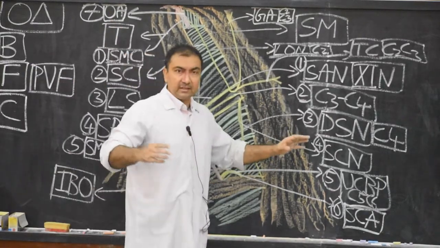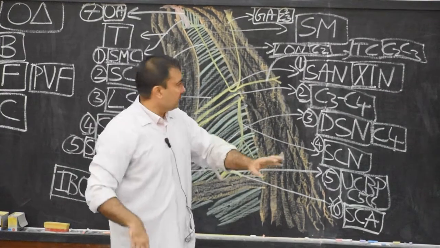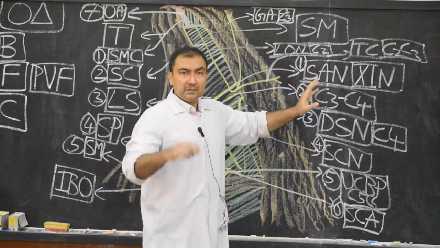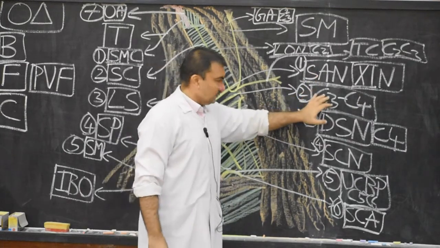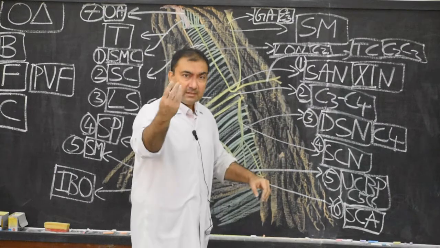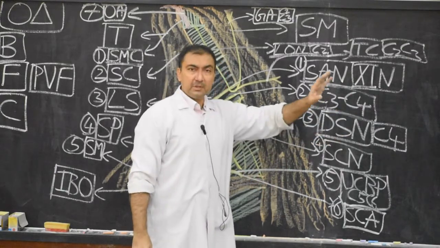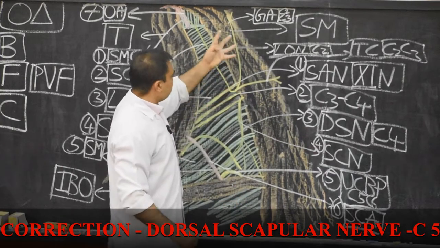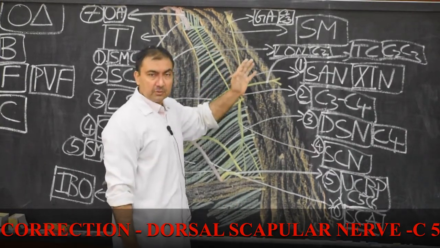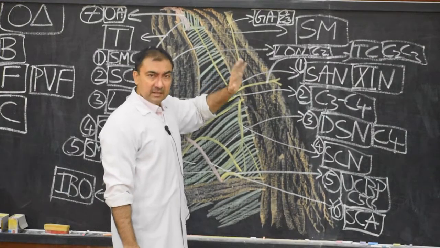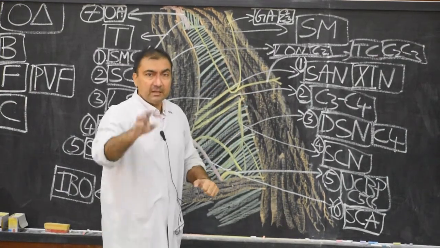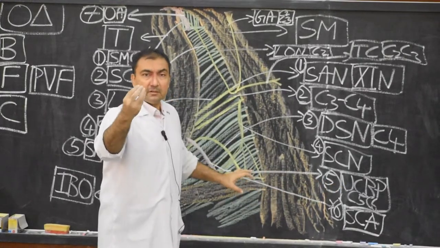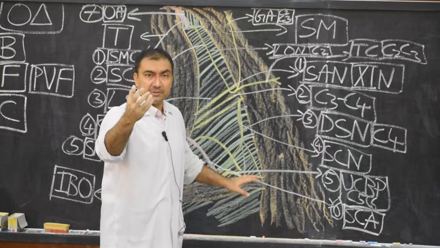Once again, I am going to revise the contents in a very simple way. Content number 1, spinal part of accessory nerve. Content number 2, branches of C3, C4. Content number 3, dorsal scapular nerve, that is the branch to rhomboids. Content number 4, the four superficial branches of cervical plexus which we have drawn, that is lesser occipital, greater auricular, transverse cervical and supraclavicular. Content number 5, that is the upper chord of brachial plexus constituted by C5, C6.